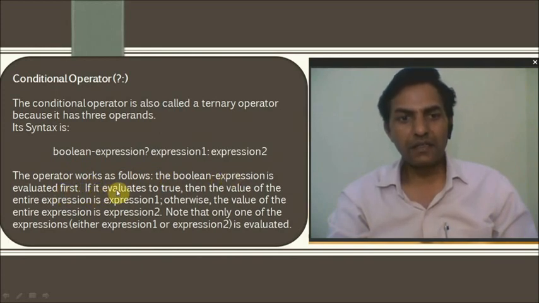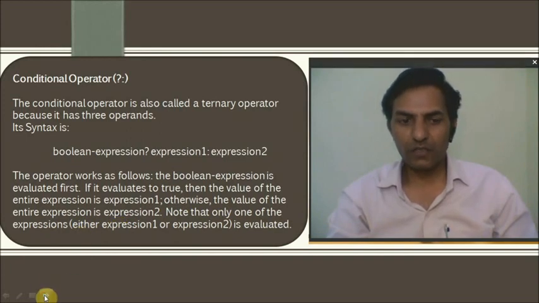If it evaluates to true, then the value of the entire expression is expression 1. Otherwise, the value of the entire expression is expression 2. Note that only one of the expressions, either expression 1 or expression 2, is evaluated.